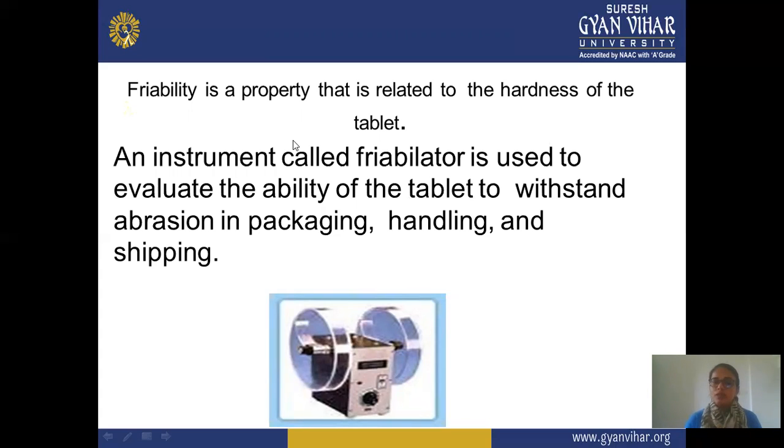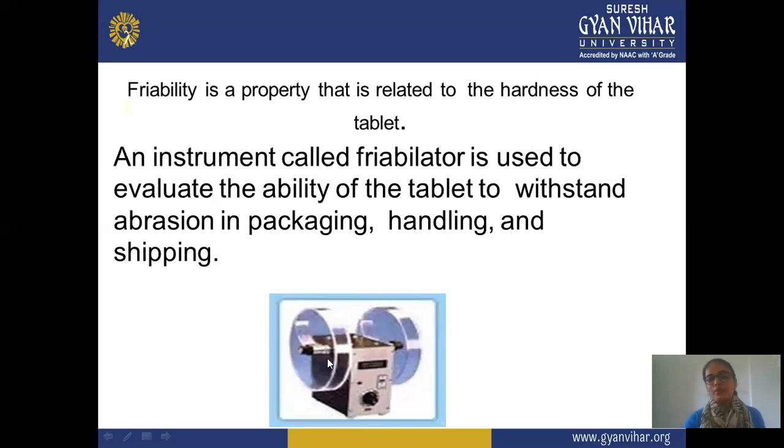And the friability problem is mainly checked with the help of the friability instrument, and this is a diagram of the friability tester. It is mainly checking for wear and tear property or handling, or how much strength that particular tablet has. Means during transportation there may be chances that the tablet gets broken, maybe into two or three parts, or shows cracks. So this is due to the low hardness or friability problem. So we can check the wear and tear property with the instrument known as the friabilator.